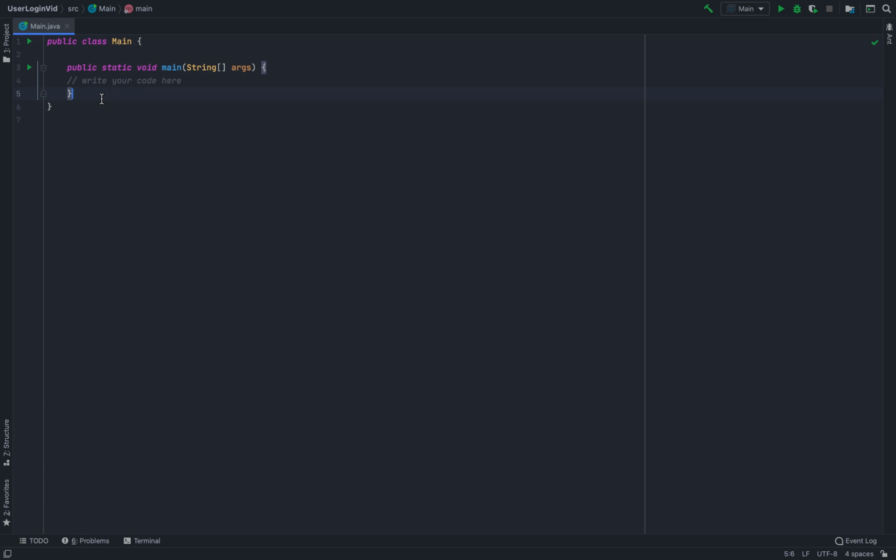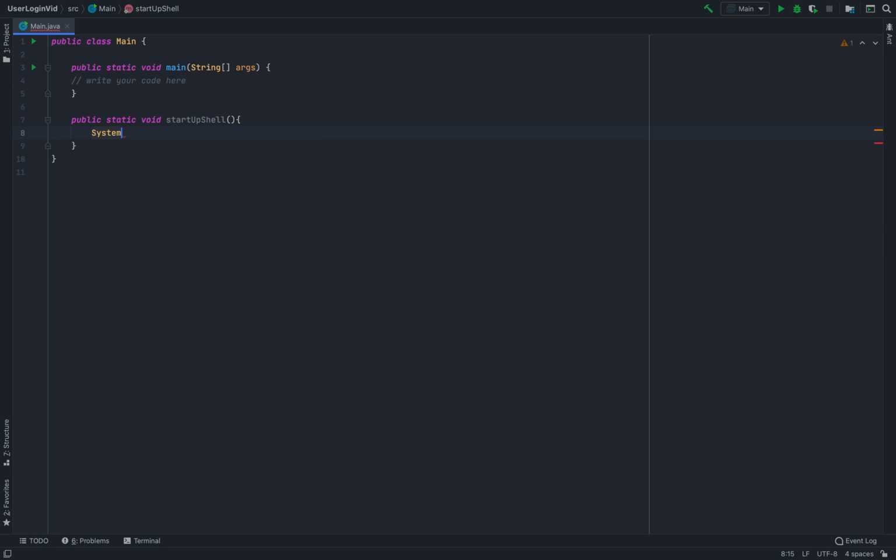So what do we have to do first, right? The first thing we had to do was create a shell function. So static void startup shell, and this isn't going to take any arguments in, it's just going to be printing out our startup shell. So we're going to type in